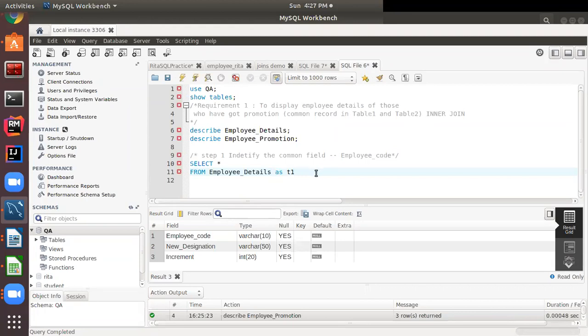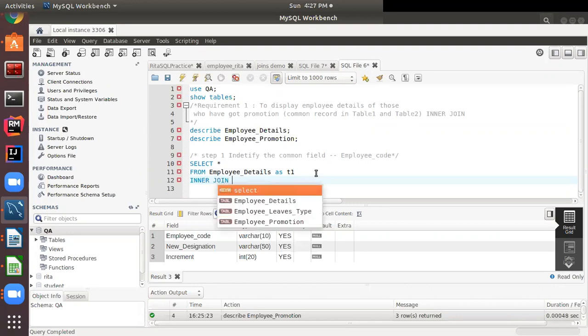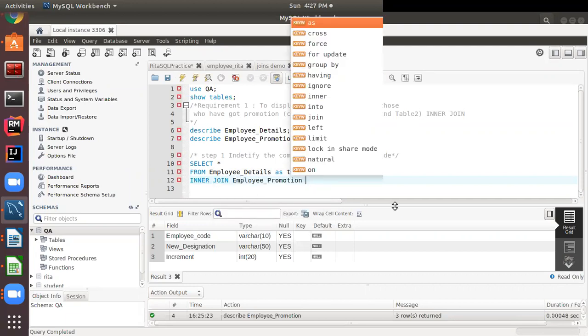This is the first table, and we want to establish an inner join with the second table. What is the name of the second table? Employee promotion.